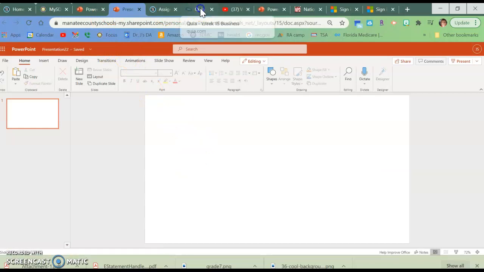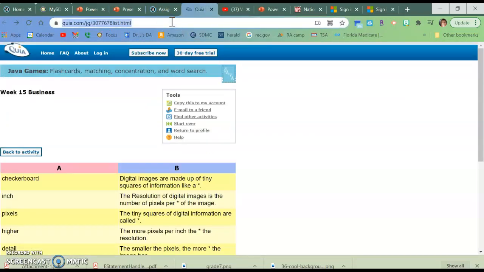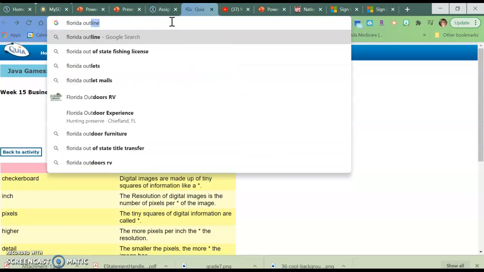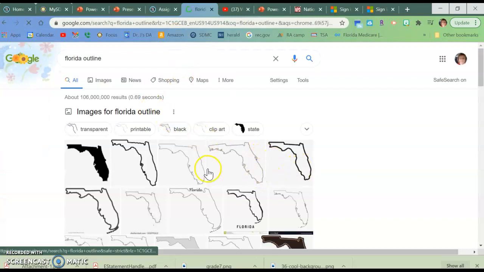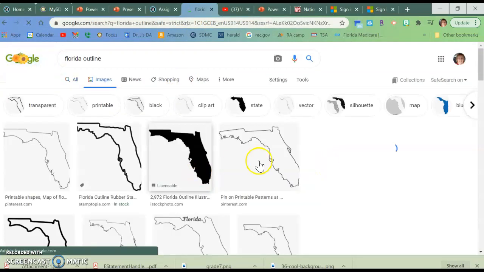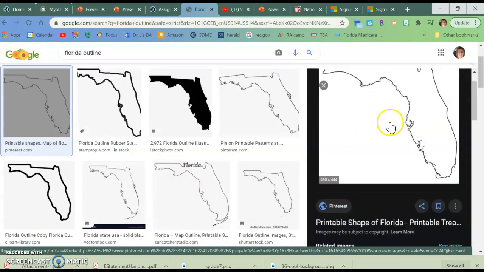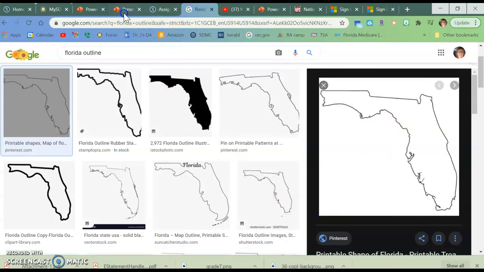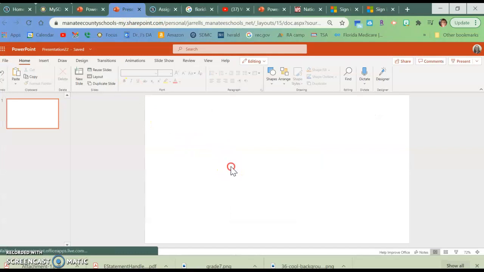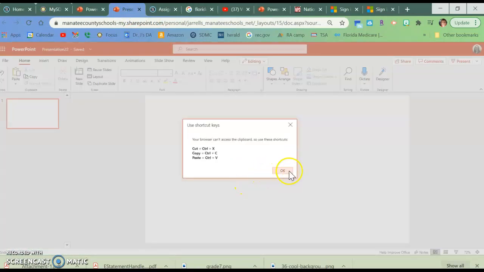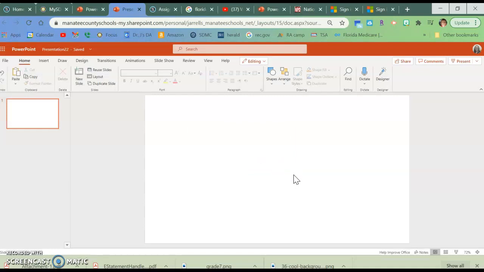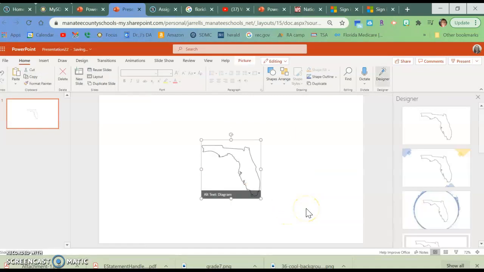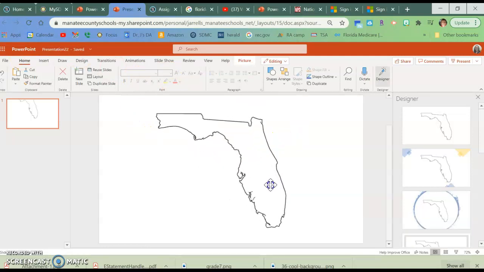We're going to go over here and I'm going to put in Florida outline. Like I said, you can pick any state but Florida. Okay, so just going to select it. And then we're going to go over here. We'll right click and hit copy image. And then we're going to go here and we're going to right click and hit paste. Oh, no, we have to hit Control V. Sorry. Yes, it's the online version. So we now have a nice big